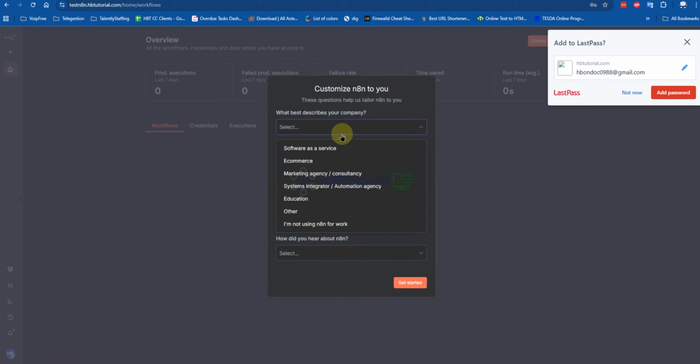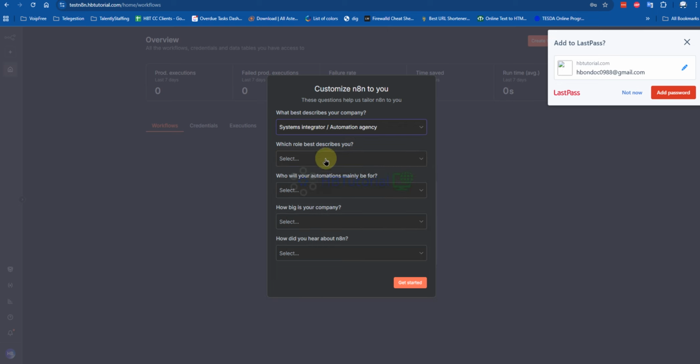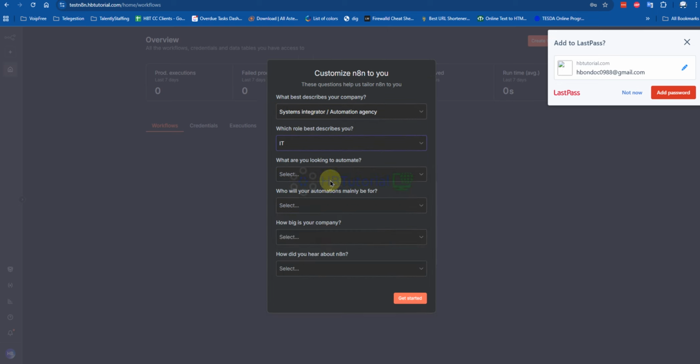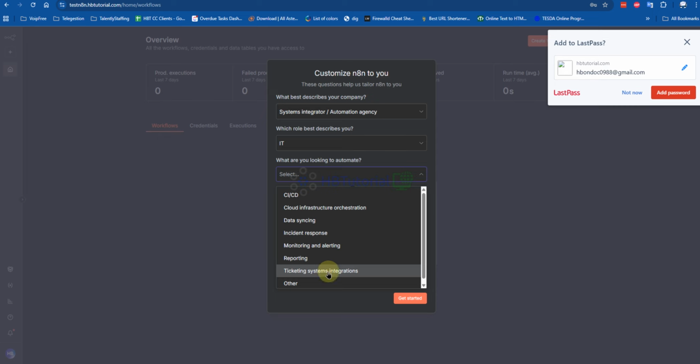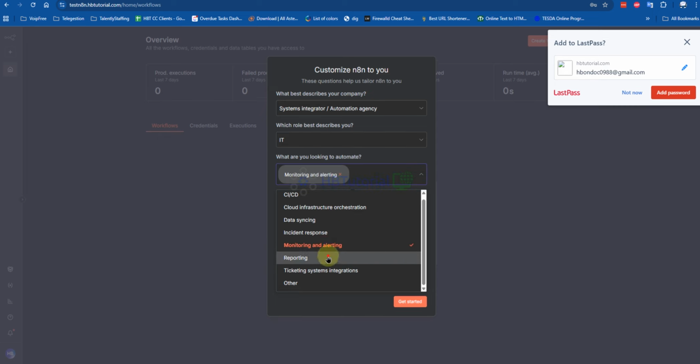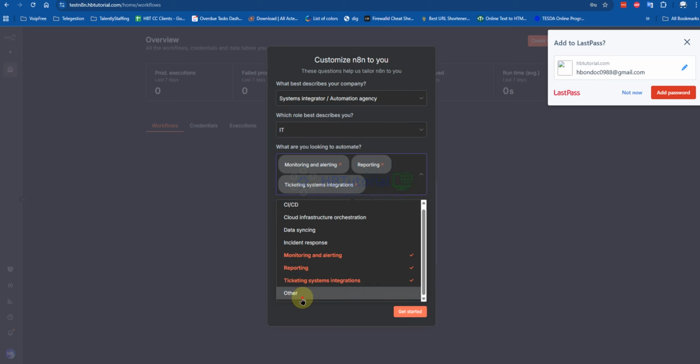Okay, so company like automation, IT, looking for automate, monitoring, alerting, report, tickets, others.